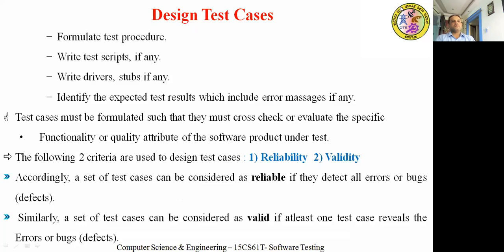Write test script, if any, write drivers, stubs, if any, identify the expected test result, which includes error message, if any.